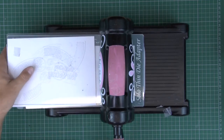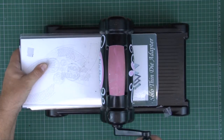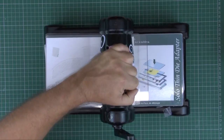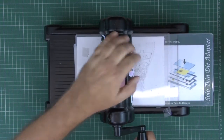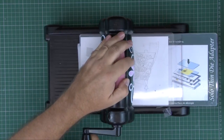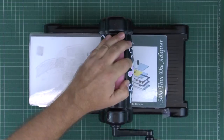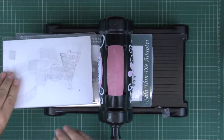Pop that one on there, and we'll run that through the machine. Now in an ideal world it would prefer to go the other way, but on this machine it cuts quite well, and if I have a look through there I can see that that's cut. You can come back again if you want to. Probably really only need to go through once. But that way now I've got